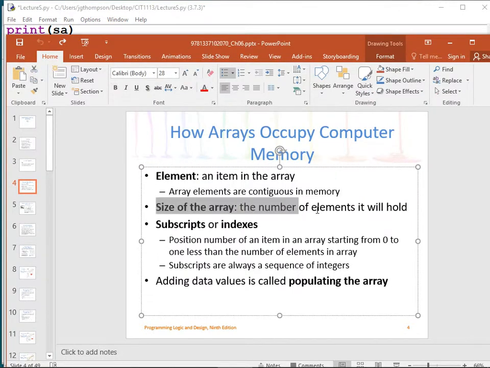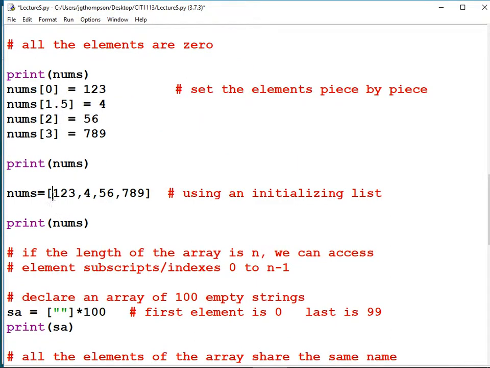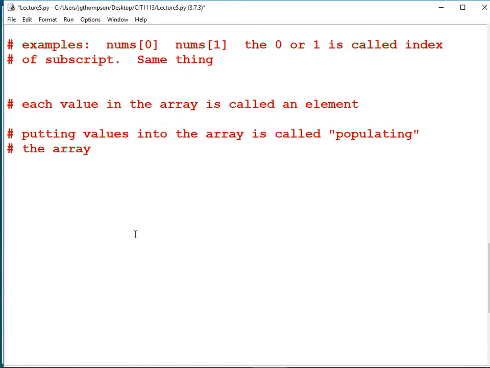The size of the array is the number of elements it will hold. We had 100 strings. We had 4 numbers. The subscripts or indexes always have to be integers, right? It doesn't make sense to try to access number 1.5, right? What the heck is number 1.5? That's like the Hogwarts having a train stop that was a fractional 1. And in the real world, you don't have a fractional train. You don't have a fractional index, right? I live in apartment 27.325. That would blow the mailman's mind. So the index has to be a whole number.